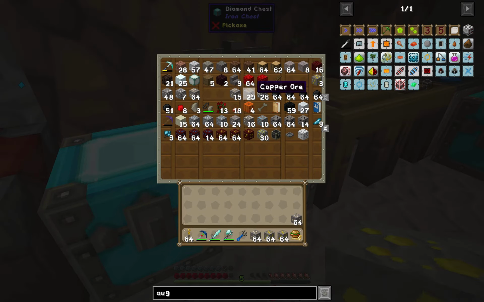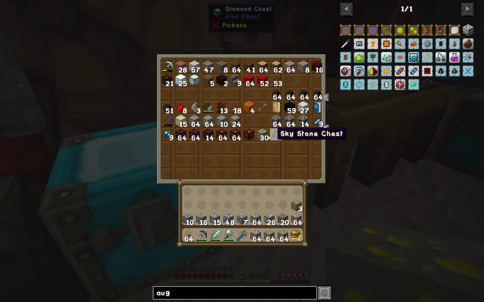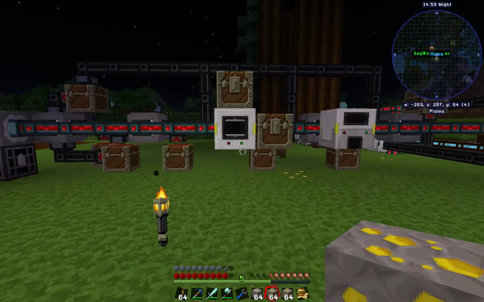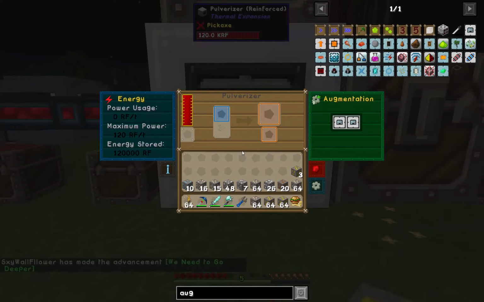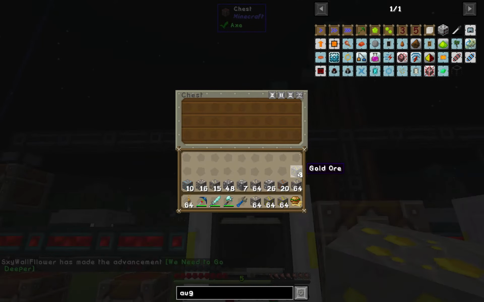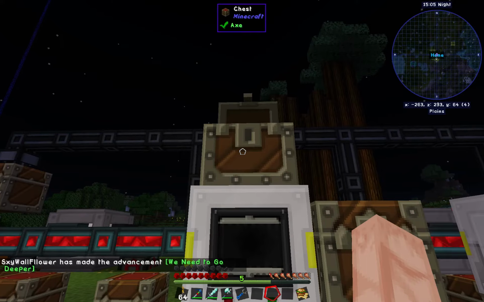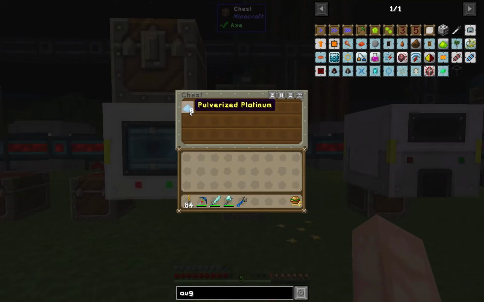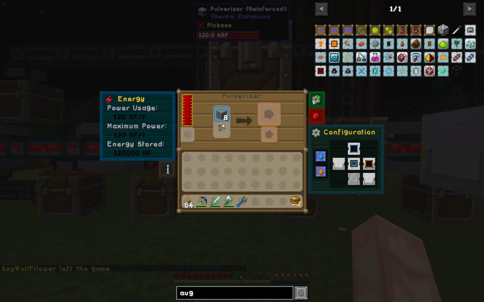Let's get some iron, some copper, tin, silver. Let's just do all of the things. I don't really need aluminum, so I'm going to leave that be. And because the pulverizer has the input and output automated, there we go. So we're going to put in, let's put the platinum ore in, all the ores. Let's auto input. And now it is processing really fast, and it's spitting out 4 dust for every ore it